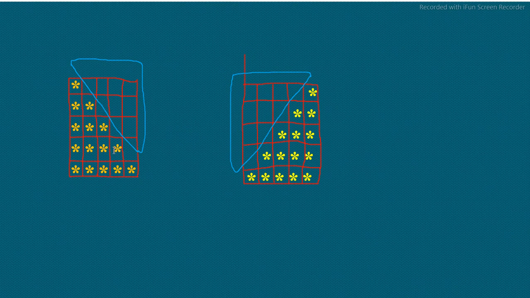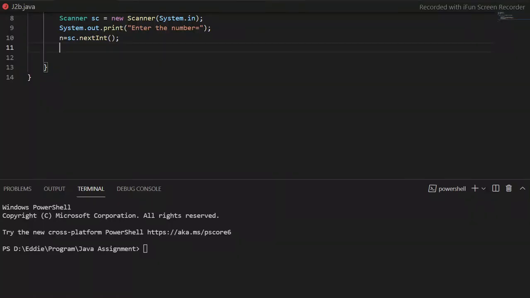Now let us develop the logic for the first program. What is happening in the first row? We have 1 star, in the second 2 stars, in the third 3 stars, then 4 stars, and 5 stars. Of course we have to go with a nested loop, because it is a 2D array representation. In any 2D array representation you take the help of a nested loop. So the inner loop will go from 0 to 0, 0 to 1, 0 to 2, 0 to 3 and 0 to 4. This is how the loop will run, and with the help of the nested loop we can print this pattern. So let us go to the compiler and do the first code.